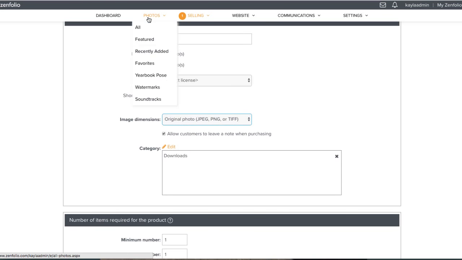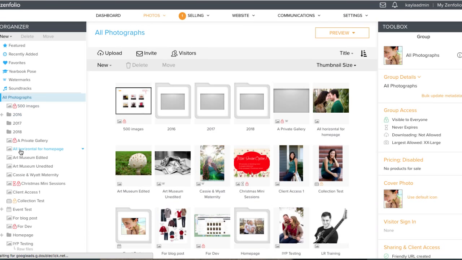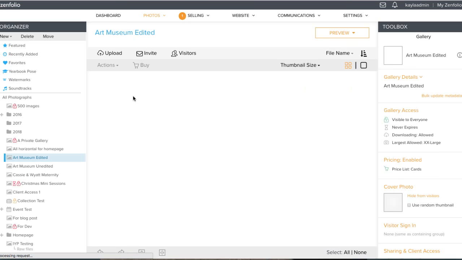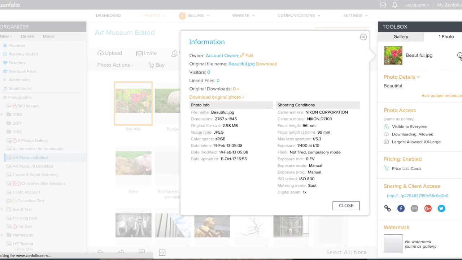And if you're not sure if it meets the requirement, you can go to the photo section here. I'll just open up, let's see, go to my art museum images. So I will click on an image over here and click the little eye in the circle. It'll tell me the size. So this one would not be good for the medium size or high resolution. If I was going to sell this, I would probably just offer it at the original size for this particular gallery. All of these images I know were shot on the same camera, so they're most likely going to have